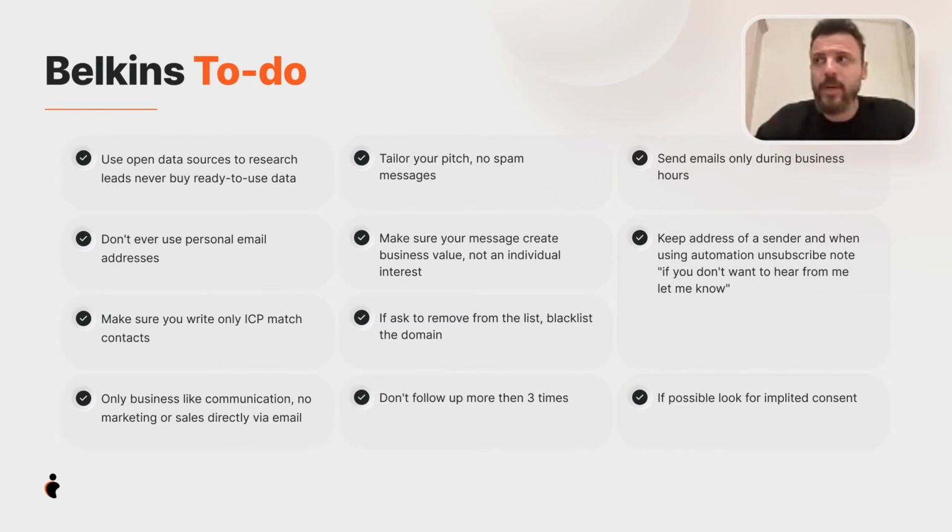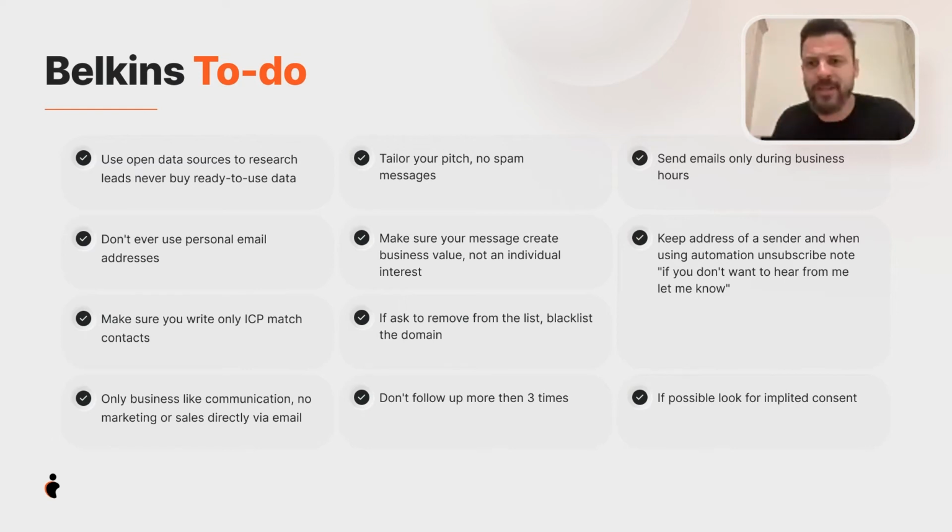We always use this software for any of our Belkins clients, and we use it on a daily basis whenever we are changing any template, because we want to make sure our messages have a very good sending reputation. That reputation can change if I have too many spam words, or my email is too long, or I have too many links, or those links are not leading to my website.